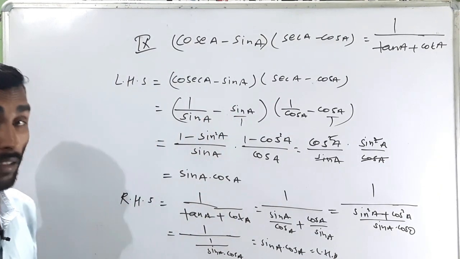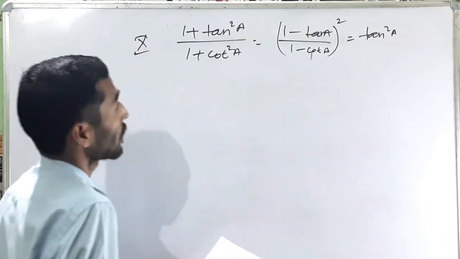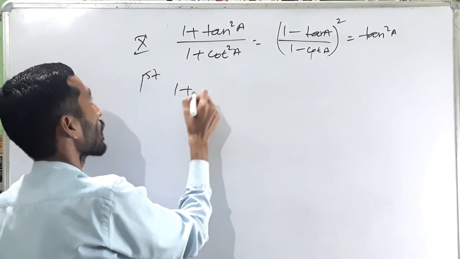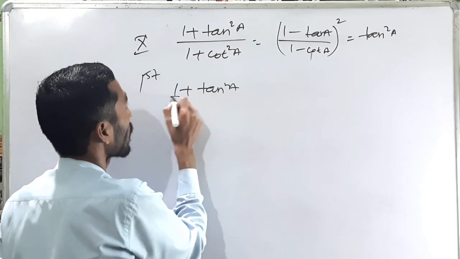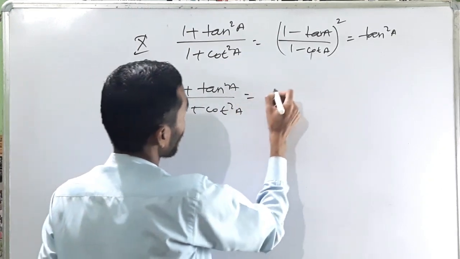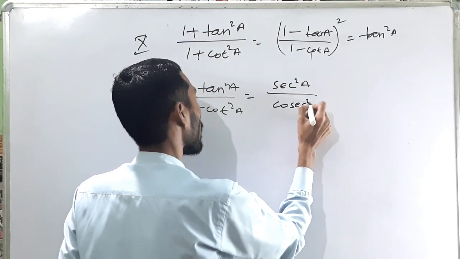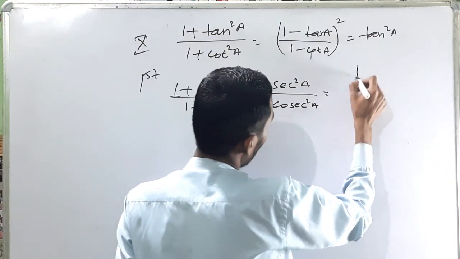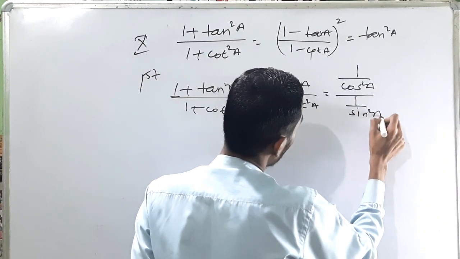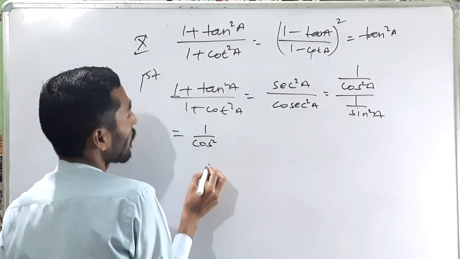Okay, and now again the question number, and the last question is question number 10. Okay, so the first part, 1 plus tan square a, 1 plus cot square a. What will happen? 1 plus tan square a is sec square a, and this is cosec square a. We can write here